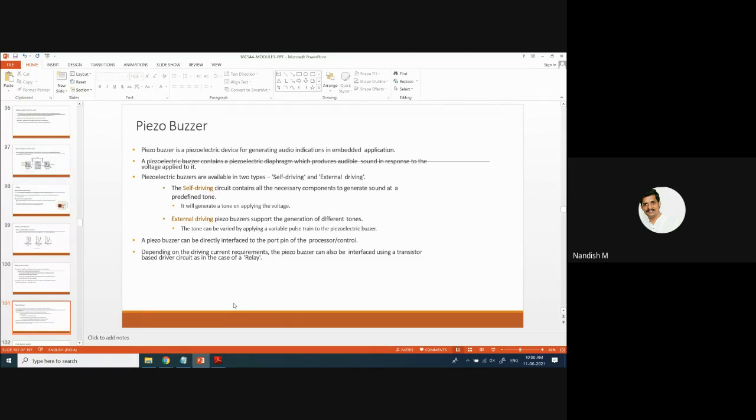Whenever there is a problem with any hardware component, you will hear some sound. That will also come from the buzzer, where that buzzer is connected to the port pin of the processor. That is all about the piezo buzzers.